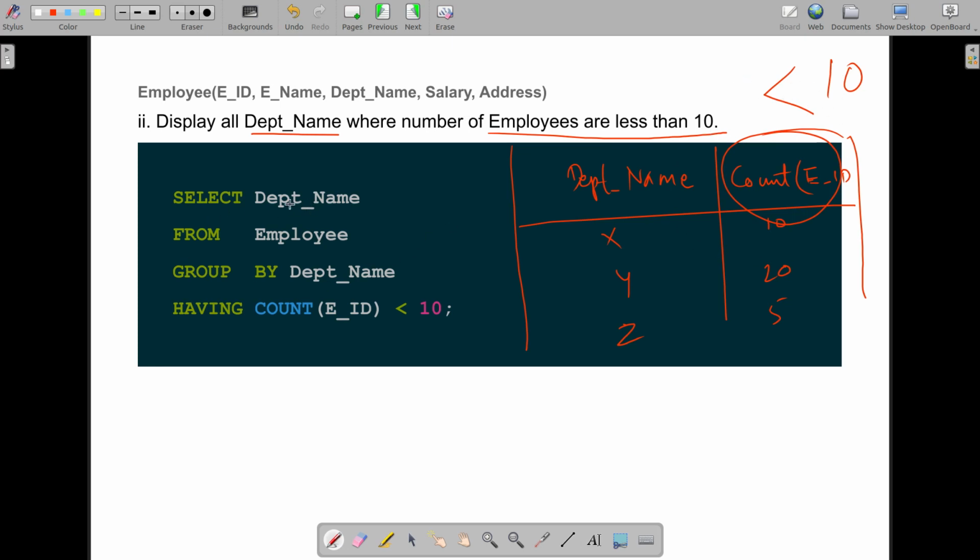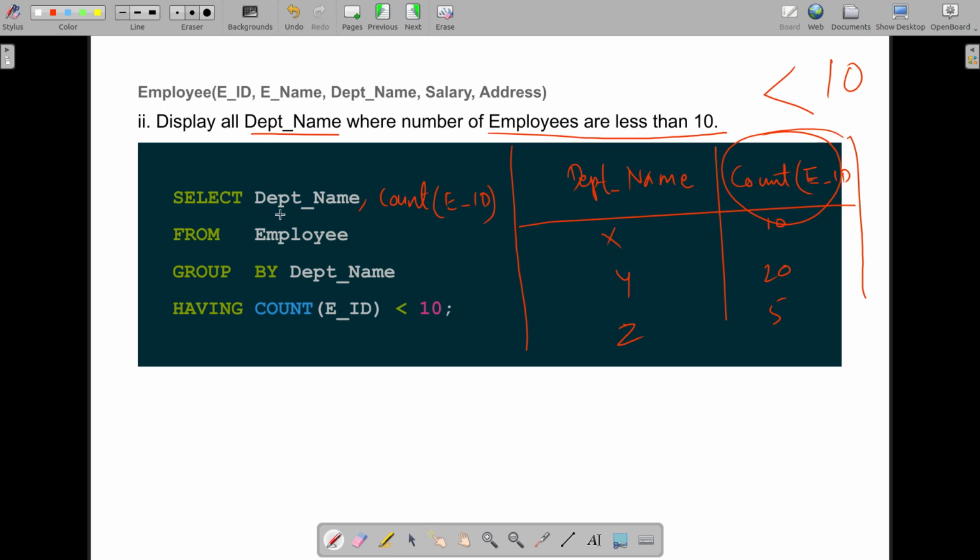So first we select department name, and you can also add count EID here. This is optional, but writing this one is better to show how many employees are there in each department.